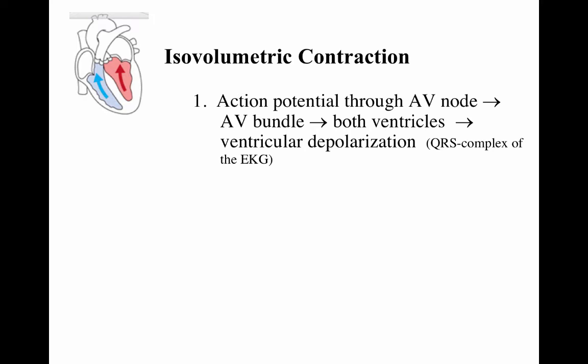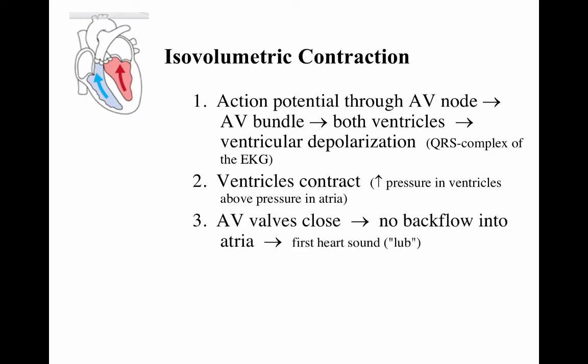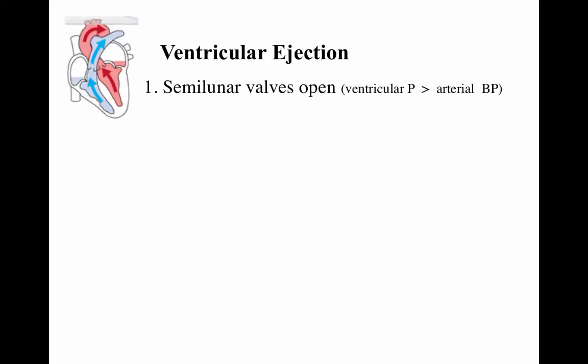In isovolumetric contraction, we see the action potential through the AV node, through the AV bundle, down through both ventricles with ventricular depolarization, and this is the QRS complex of the EKG or ECG. The ventricles contract. We see increased pressure in the ventricles, above pressure in the atria, and we see the atrioventricular valves close with no backflow into the atria. This is the first heart sound, or the lub. Increased ventricular pressure, no change in ventricular volume, and then when that pressure overcomes the semilunar valves, they will open